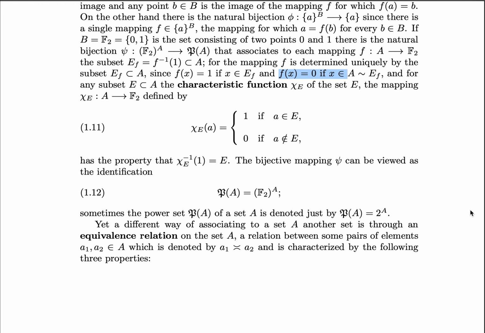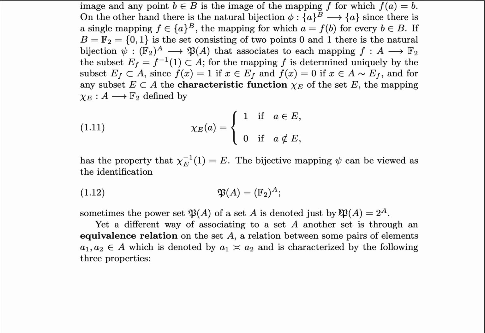This bijective mapping, which comes up naturally, is a way of associating a power set with the set of mappings from A to the set of two elements. And because the set of two elements has two elements, we sometimes denote it with a 2. So the power set of a set A is sometimes denoted by this. Note, however, that this equality just means that there's a bijection between them,